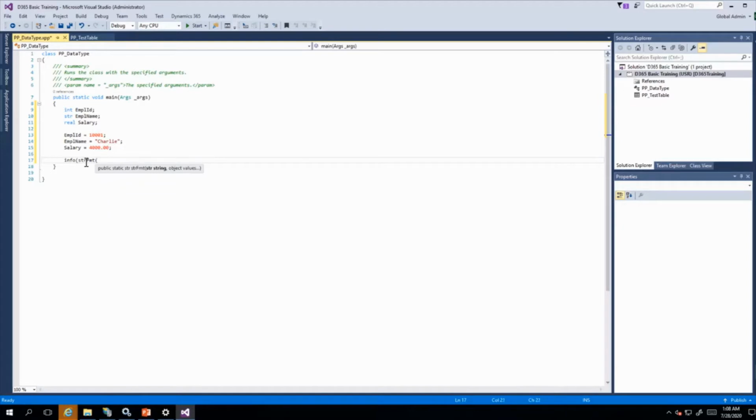First I want to print this, I can write the sequence %1, %2, %3. The first I want to print is employee ID. Second I want to print employee name. Third I want to print salary.